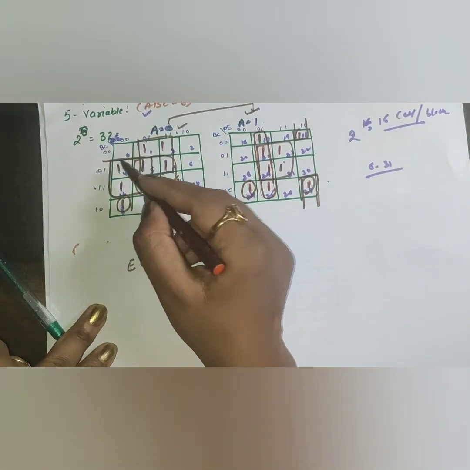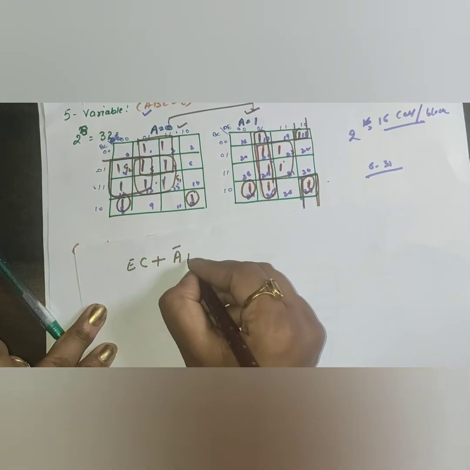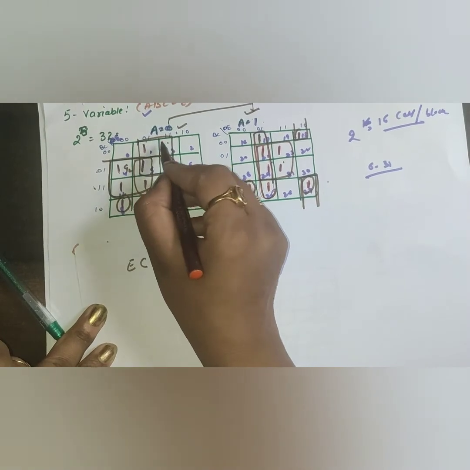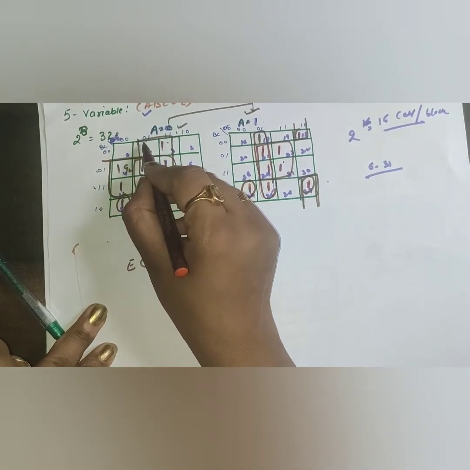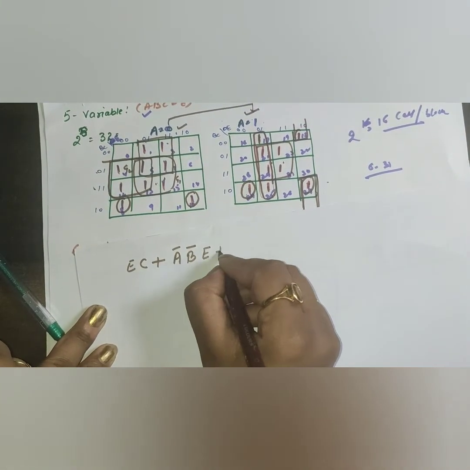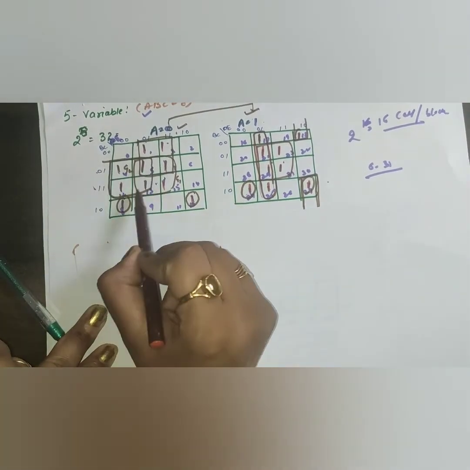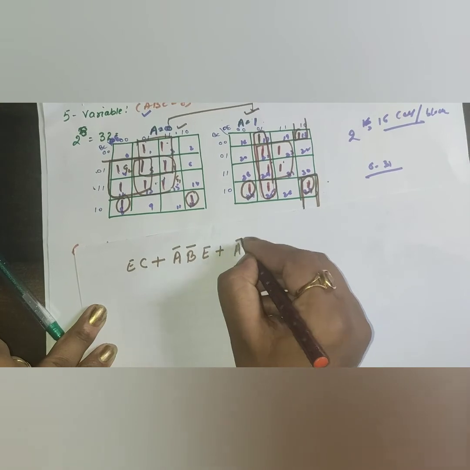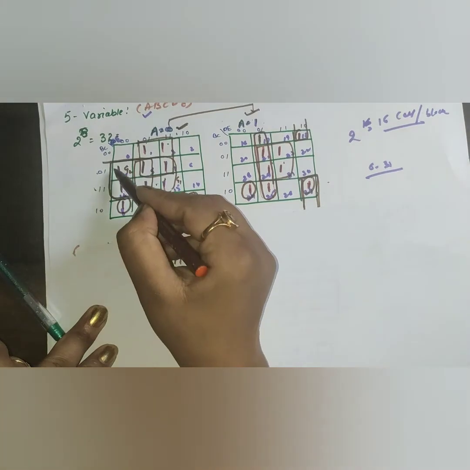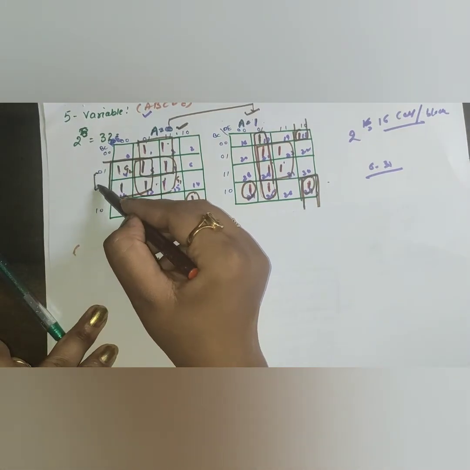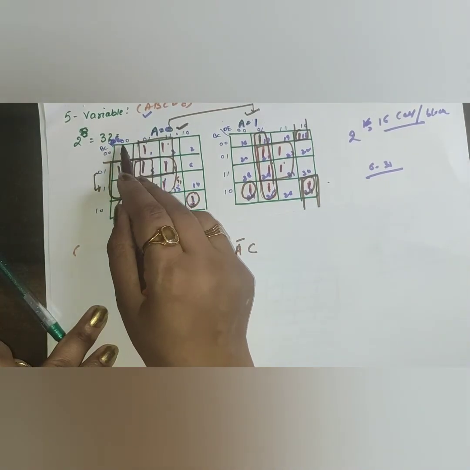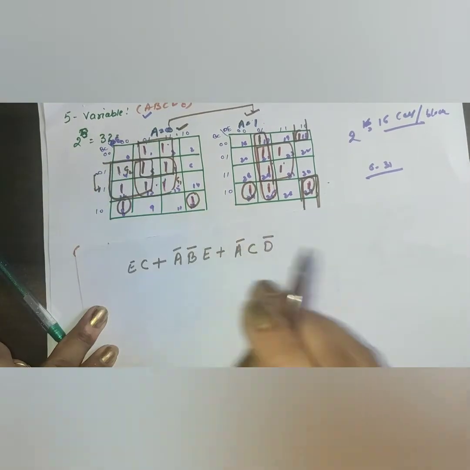Now from there to there, B is there and C is eliminated, so B bar. And from there to there you can check, D is eliminated because it is going 0 to 1, and E is there. Only E. Plus another group is this. From here first we will write A bar because for this block A is 0. Now from there to there, B is eliminated 0 to 1, only C is there. And from there to there, only D bar is there because E is eliminated going 0 to 1.